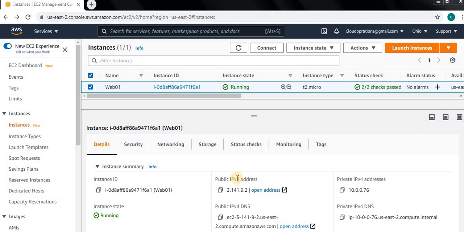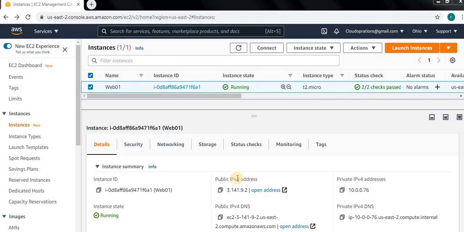Let me tell you why I'm making this video. Last week, one of my team members from level 1 changed the security group due to security compliance. They found these ports were open, so he changed it to port 80 only.